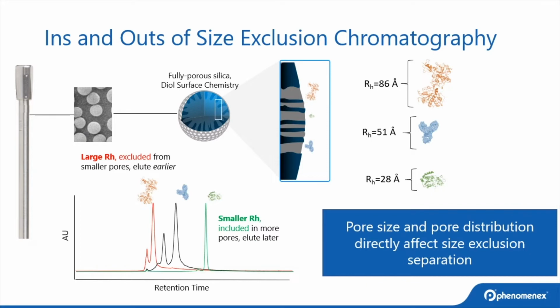To begin, let's talk about the material sciences associated to SEC columns. Size exclusion columns for protein aggregation analysis are primarily fully porous silica. SEC is a non-adsorptive separation, and since silica particles are inherently acidic, they are bonded with a diol stationary phase to minimize electrostatic interactions with basic moieties on proteins. An important point is that SEC separates not by molar mass or molecular weight per se, but by hydrodynamic radius or volume. Although there is a strong correlation between molecular weight and hydrodynamic radius, or RH, as proteins have tertiary and quaternary structures,